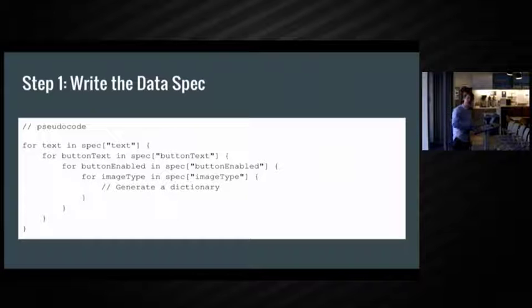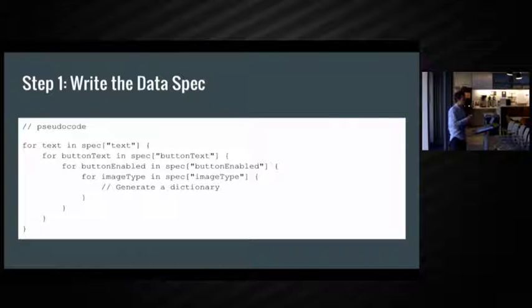Given this, you can see that this is going to produce an exponential number of concrete data objects from a given spec. This is actually usually a good thing, because with very little work, you can get a lot of test coverage, which is going to test a lot of edge cases, which you may not have thought of when you wrote the view. However, it is exponential, and sometimes data specs can get really long and complex, which can cause just way too many of these to be created.